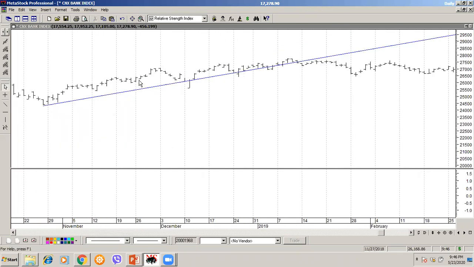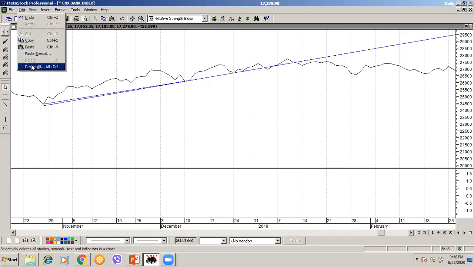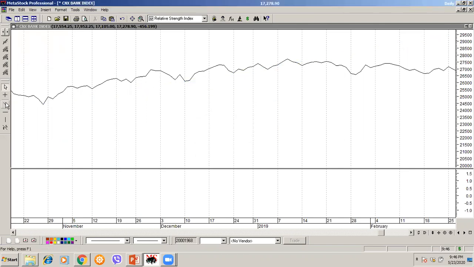This might look random, but the moment I change it to line, this becomes absolutely clear. Because on a line chart, I'm working just on the close. In fact, it becomes even better. I will take this point, I will take this point. Just give me a sec. Right. I will take this point, I will take this point, and I will simply increase it into the future. Perfect. Now the breakdown comes.